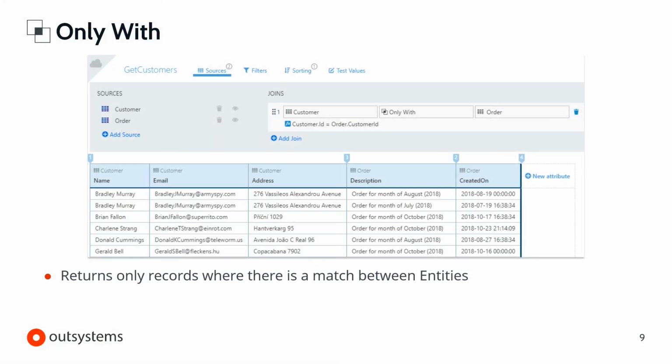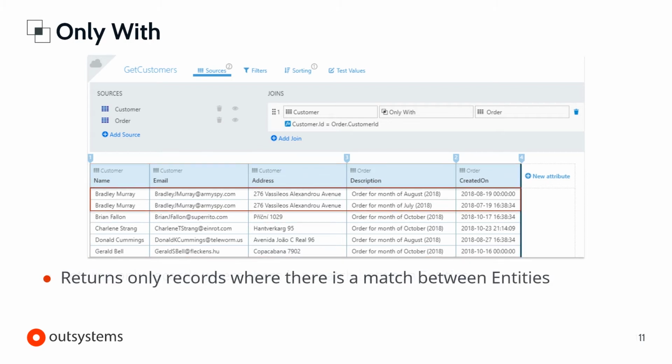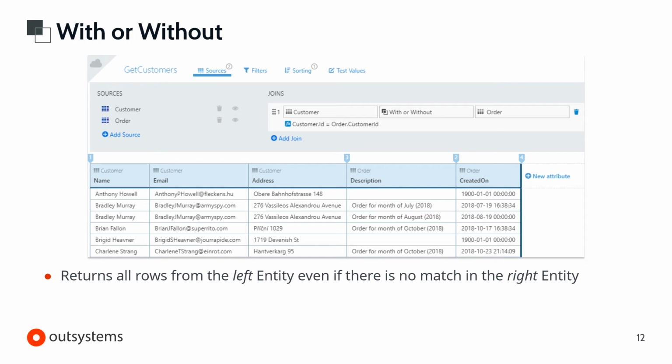Starting with the only with, this type of join returns only the records where there is a match between entities. In this scenario, only customers with orders appear in the preview of the aggregate's result, and customers with multiple orders will appear multiple times. In the with or without join, all the rows from the entity on the left are